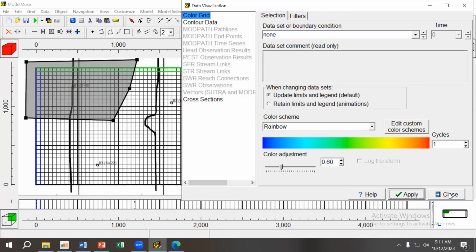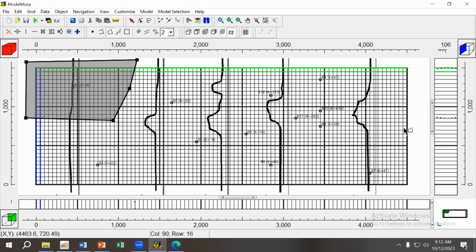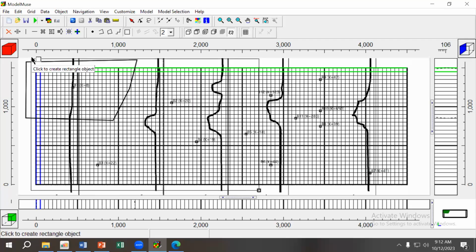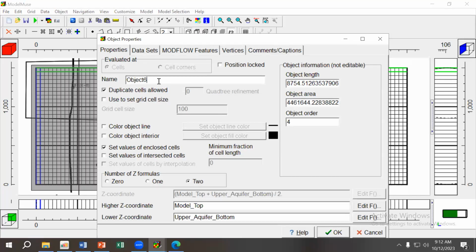You click apply and then close. And then let me draw maybe here. This is like 18 here, and this is a 41. So maybe let me create another zone here. Okay. So you come here, and then I'm creating a rectangular array, for example, and then I create something like this, and I think this is, yes, this is zone 2, so I will call it zone 2, for example, and then I go to